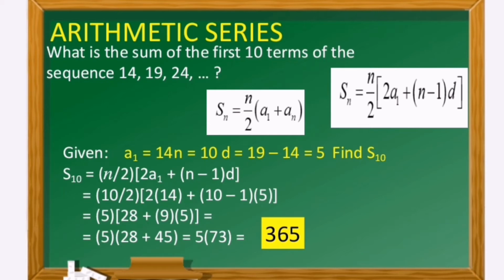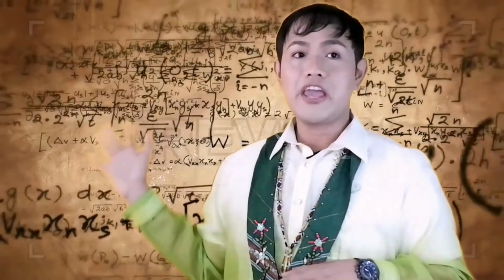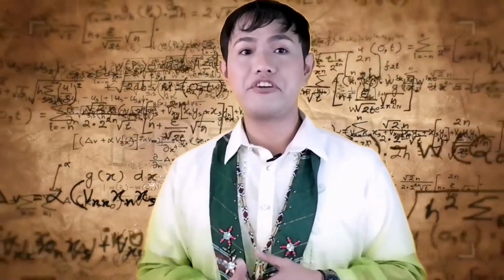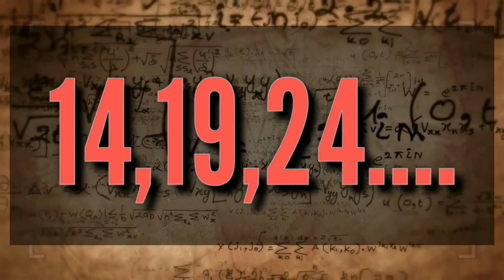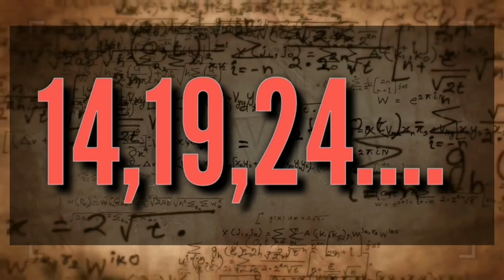Simplifying this will now give you 365. S sub 10 is equal to 365. Therefore, the sum of the first 10 terms of the sequence 14, 19, 24, and so on is